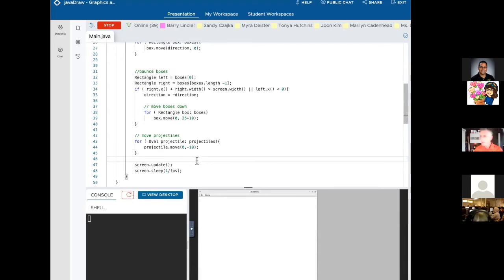All right. And I know I'm going fast. Sorry, I talk fast. So now let's start removing some boxes. We need to see if these guys hit. So while those projectiles are moving, I want to go through each of the boxes and see if they hit. So notice I said I want to go through each. That's my hint to them to use a for each loop. I'll go through each of those boxes. So for each rectangle box in boxes,